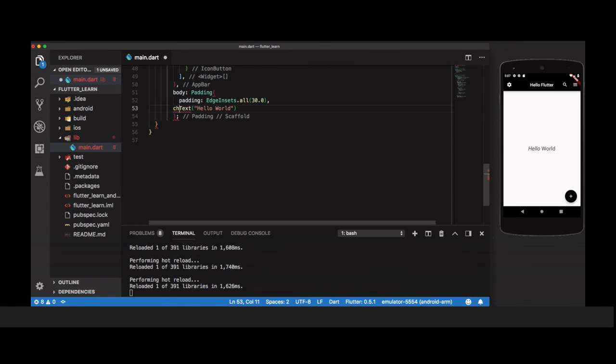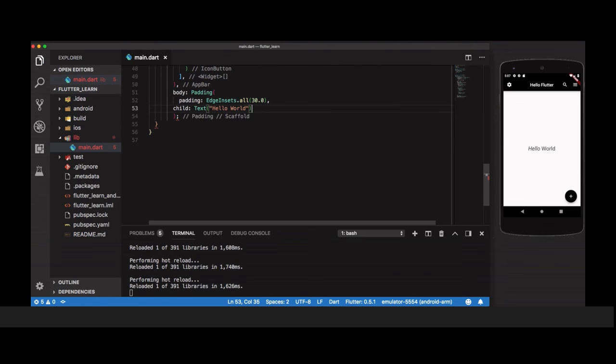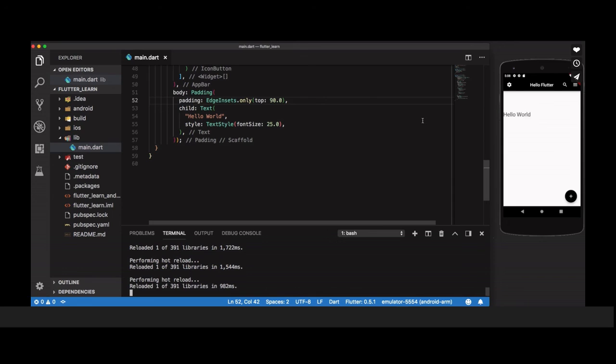So let's hot reload. You can also use EdgeInsets.only if you want to give padding particularly from the top, left, right, or bottom.